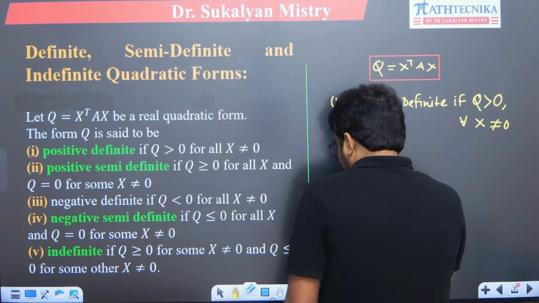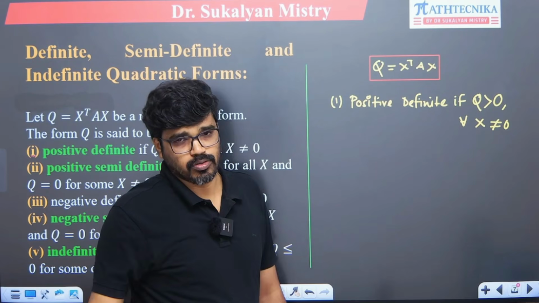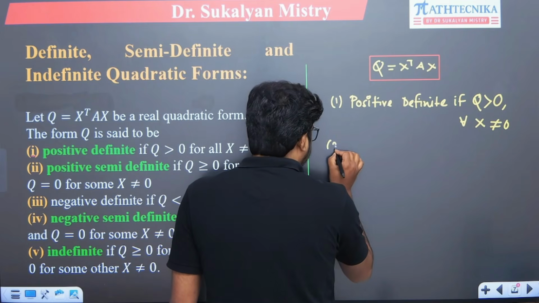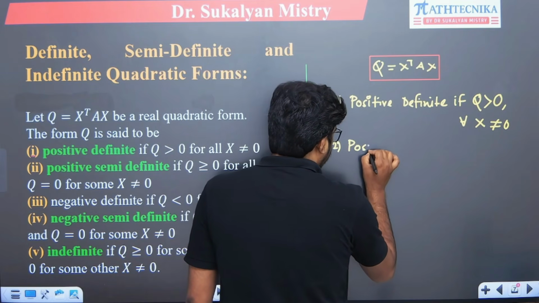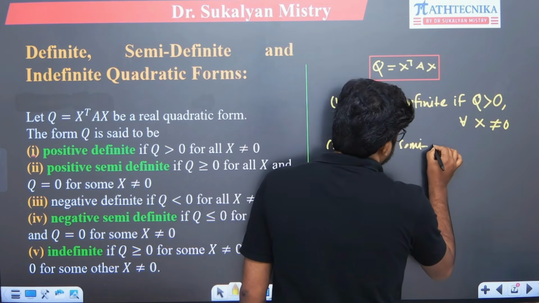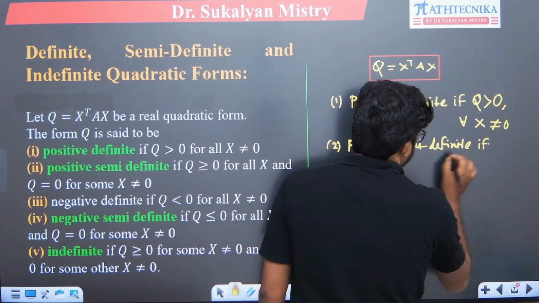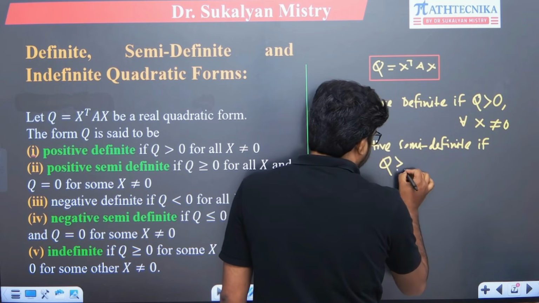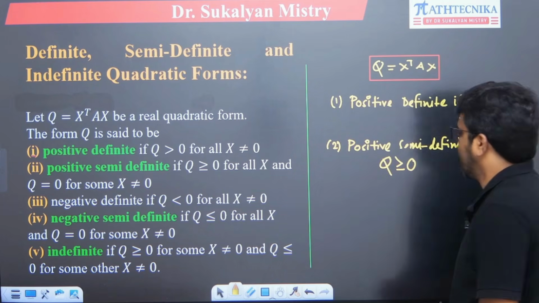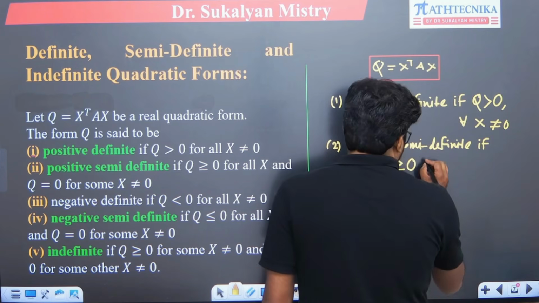So what is the condition for positive definite? Q must be greater than 0 for all x not equal to 0. Positive semi-definite if Q is greater than or equal to 0 for all x,